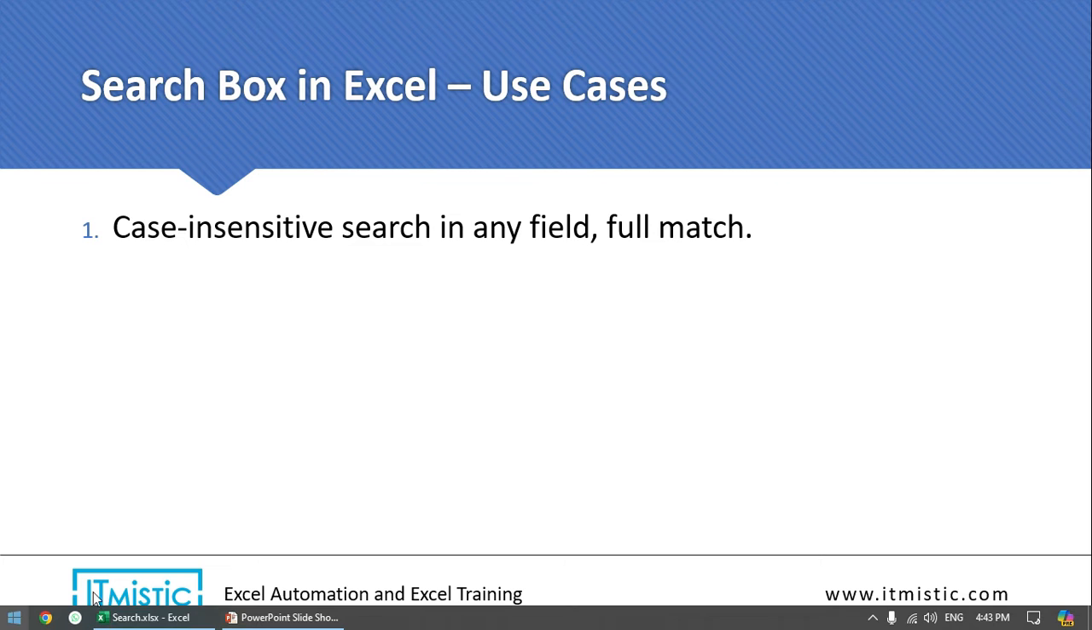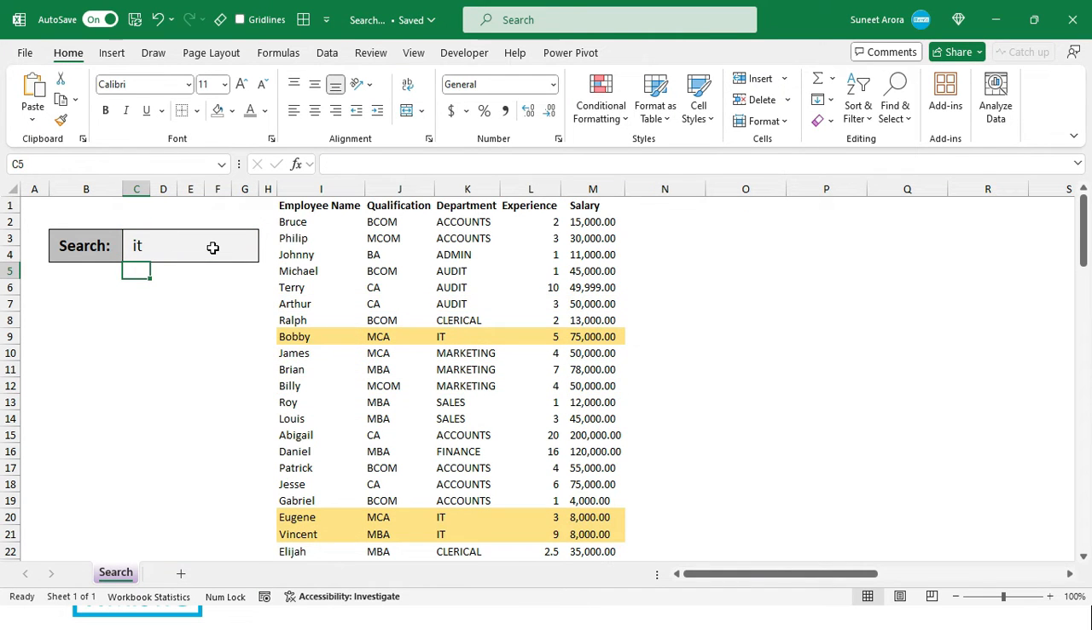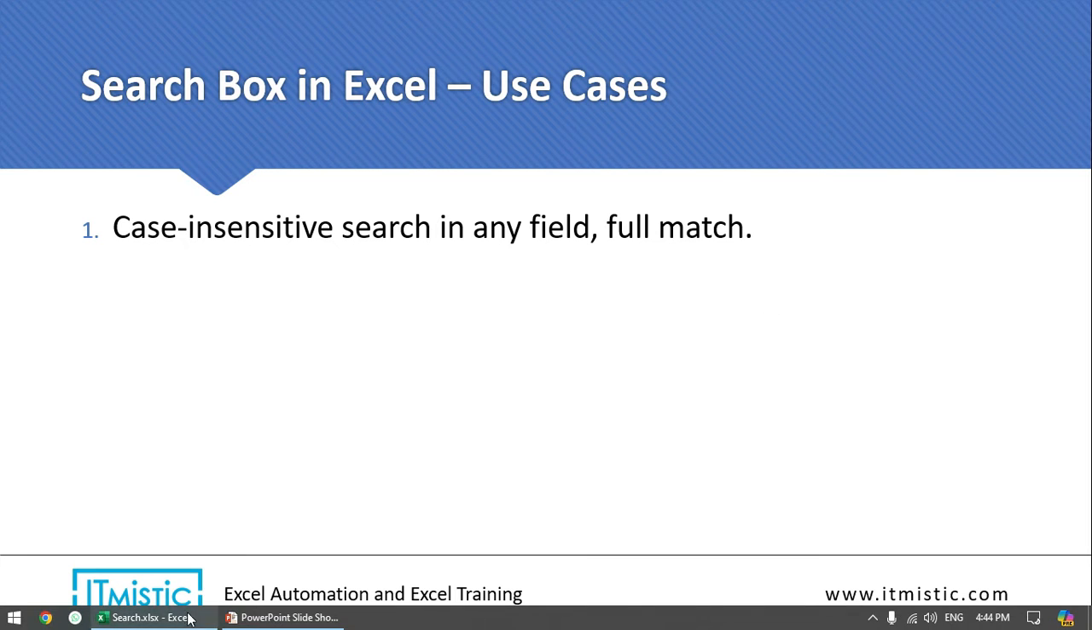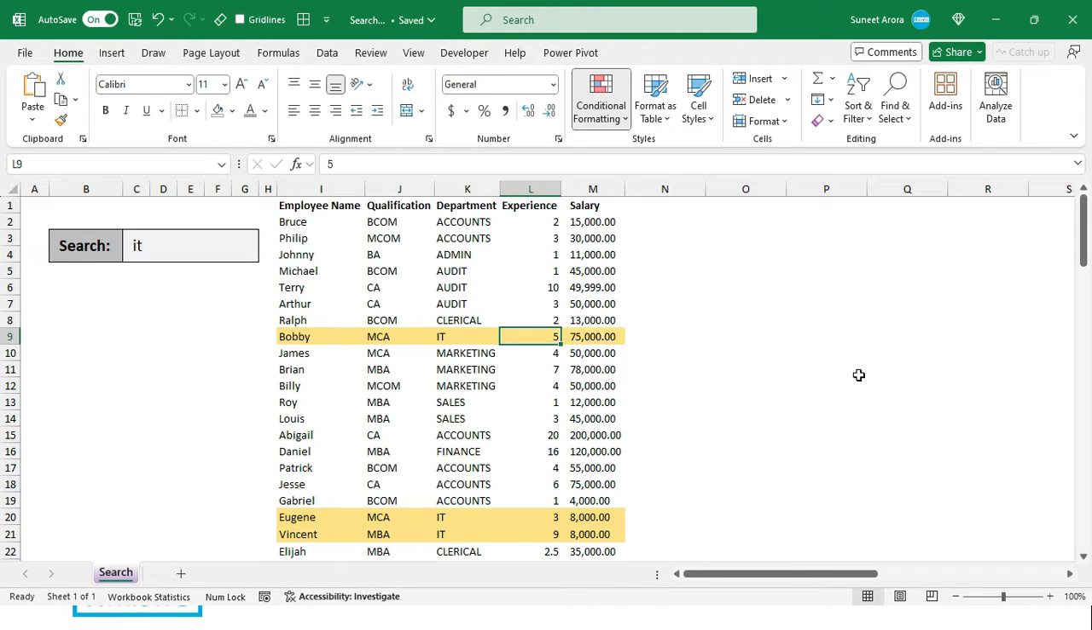For example, in this case if I type, let's say, IT, it will highlight only records that have IT in it, not where IT is part of some other word, right? So this is what I mean by full match. So first let us take this example and work on it. I'm going to remove this conditional formatting and apply the rule for the first case, which is case insensitive search